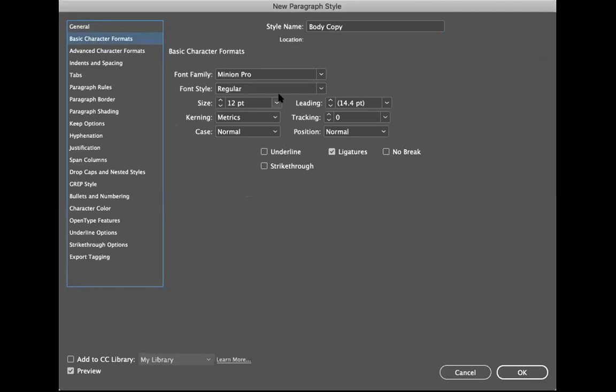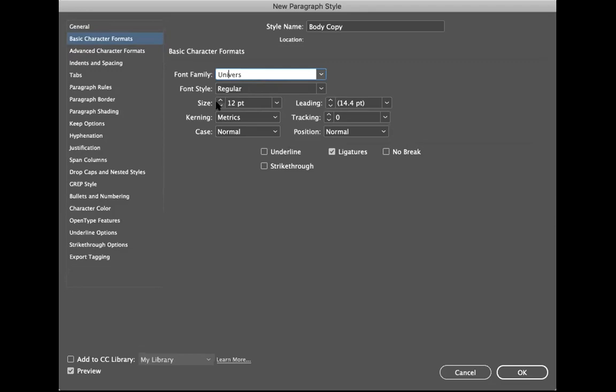And you are going to change this to whatever typeface you believe is consistent with your brand. Now, this is body copy, so you don't want to pick a decorative or script font because that's just hard to read. So we want to keep this simple, easy to read. All right, so I'm going to use a font that I used on the front of my menu cover. And that might be an instance where, if you use a font in your menu cover, you want to keep it consistent on the inside.